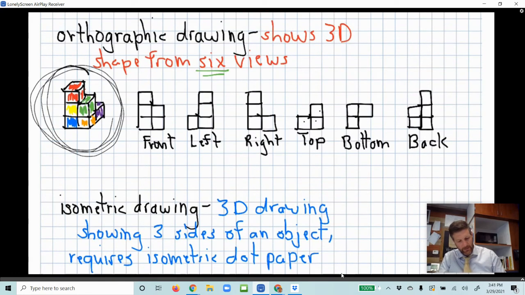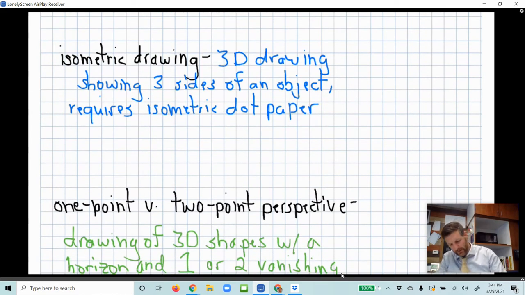That is a type of isometric drawing, but with the appropriate paper. And the paper, as you'll see, looks something like this, where you have rows of dots across, and then they're offset like so. So you could kind of create dot paper through a lot of extra work. But what the dot paper allows you to do, as you can see, is it allows you to draw things, to draw the different angles,